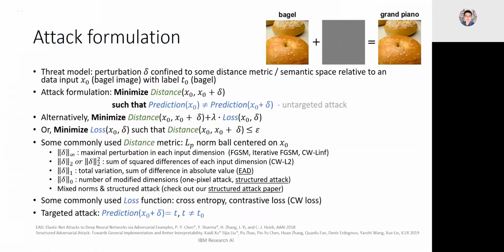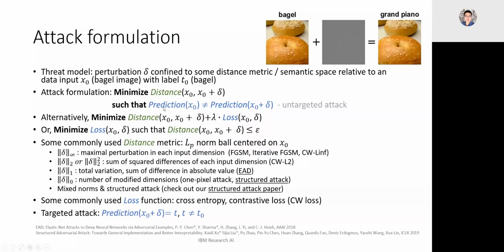Here is more of a mathematical definition of how people generate adversarial attacks, or more specifically, adversarial perturbations. First, we have to define what we call the threat model, meaning the allowed perturbation to your input. We have a perturbation delta confined to some distance metric or some semantic space relative to a given input x0. You can think of semantic perturbations happening on x0 as well, for example rotation, translation, changing the lighting, and so on. The general attack formulation is that we try to minimize the distance, basically preserving the similarity between the original image x0 and the perturbed image x0 plus delta,